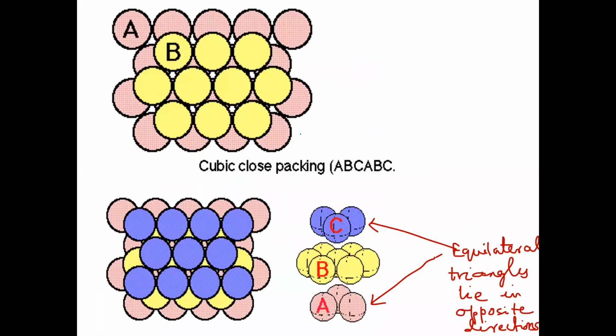That means if this triangle is pointing towards us, and this triangle is pointing to the other side, then you are developing another layer which is not a replica of the top, of the third layer. So this is ABC. Again, the fourth layer will be developed using the common hole of the successive two layers below it. So that is ABC. Equilateral triangles lie in opposite directions. And this is the A layer, the bottom layer. The B layer is the yellow layer, and C is the top layer, that is the C layer.